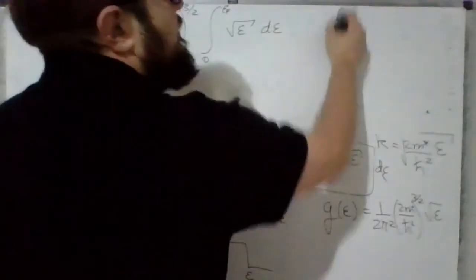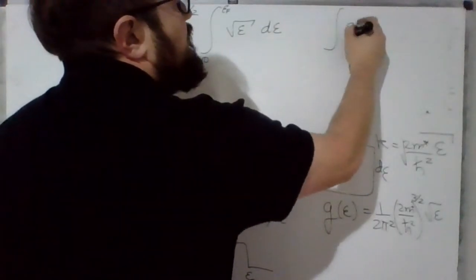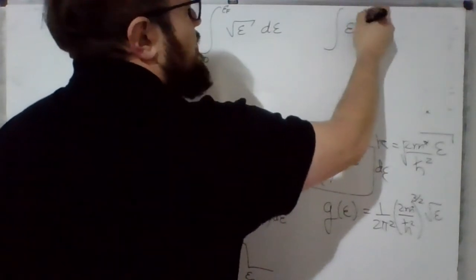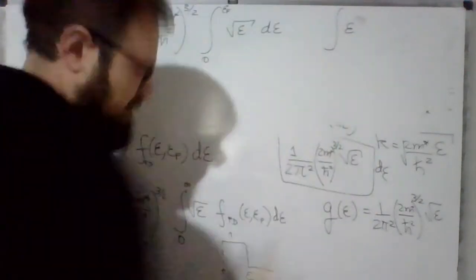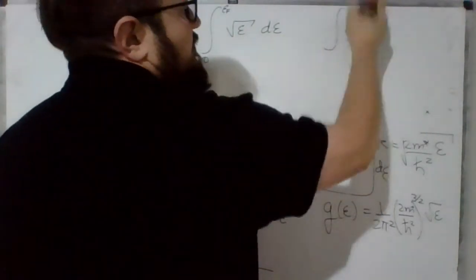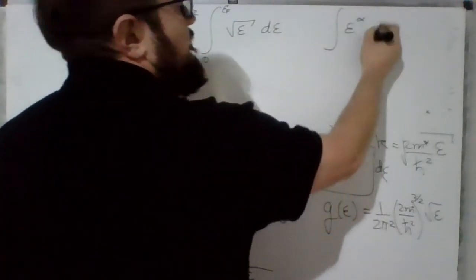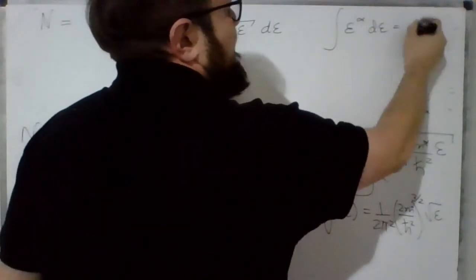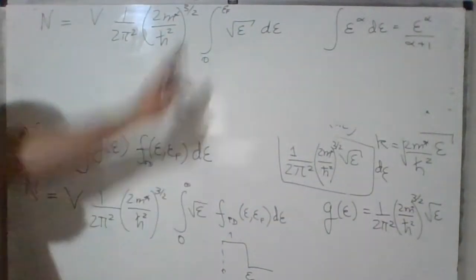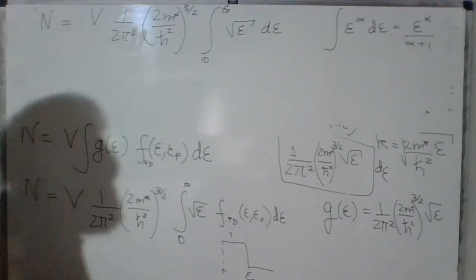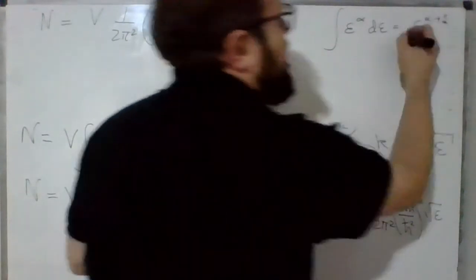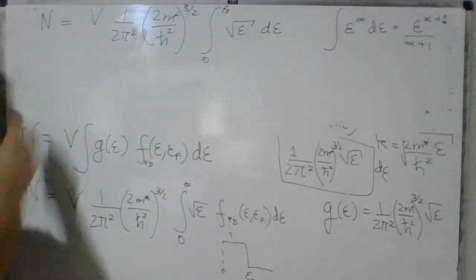And remember, integrals of e to some factor m here, or kappa perhaps, I don't know what to use here as a symbol. Suppose alpha here, integration of this corresponds to e to the alpha plus 1, divided by alpha plus 1. Okay, so this form of integrals we already know how to calculate. To alpha plus 1, of course, divided by alpha plus 1. And in this case, we have